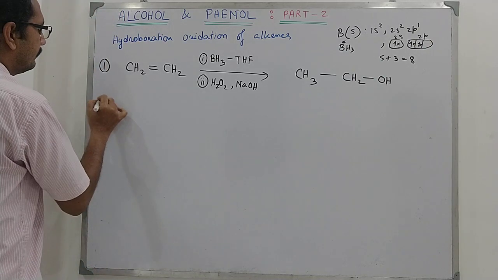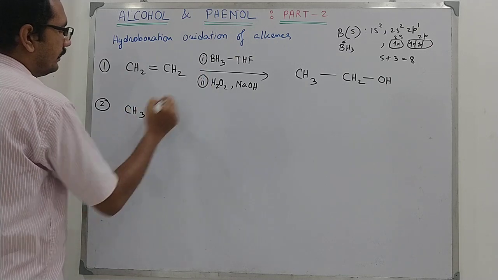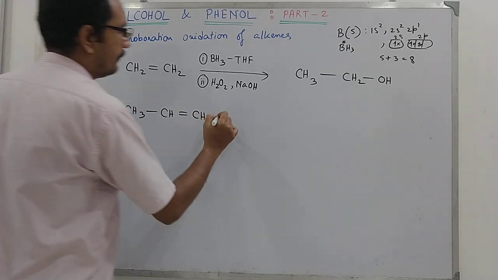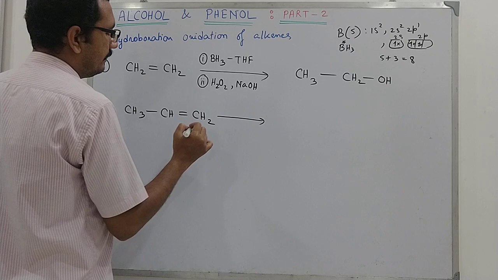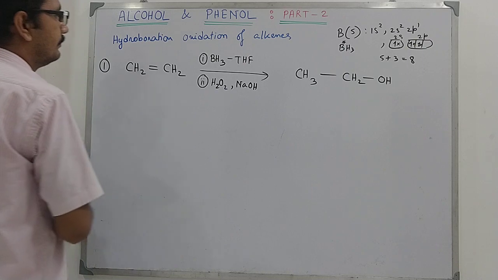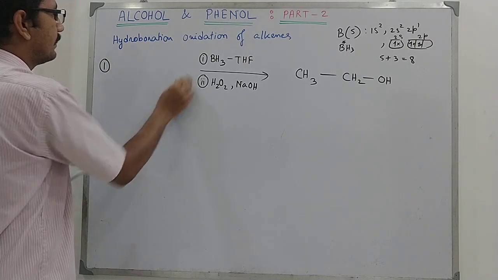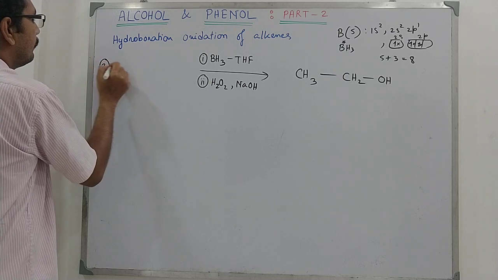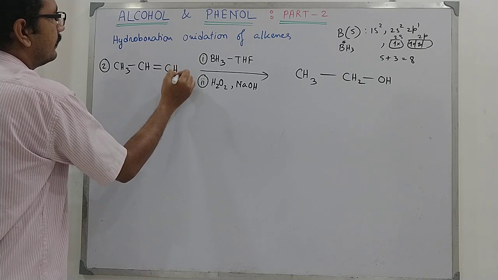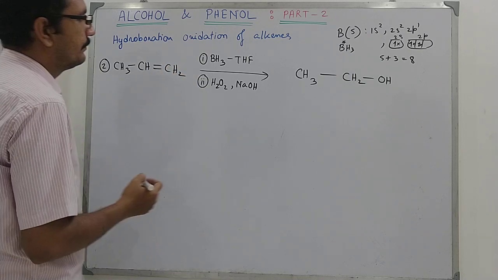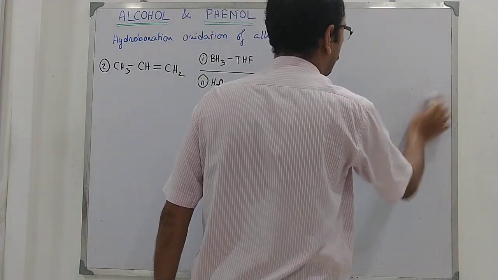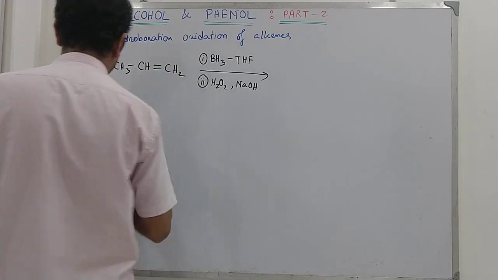Now what about when we apply this process to an asymmetric alkene? That is our interest. So if we apply it, we need to write the mechanism, so better we write it here. So reaction 2, we start with the simplest asymmetric alkene, which is propene. Now see what happens. So to have this, we will deal with the mechanism.